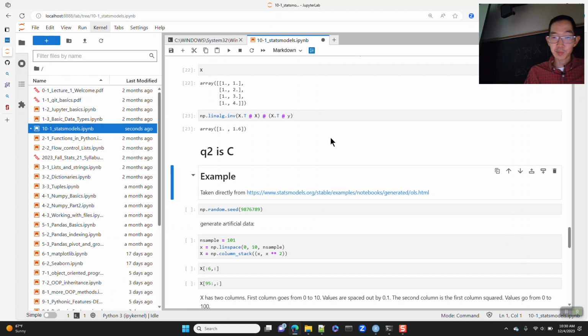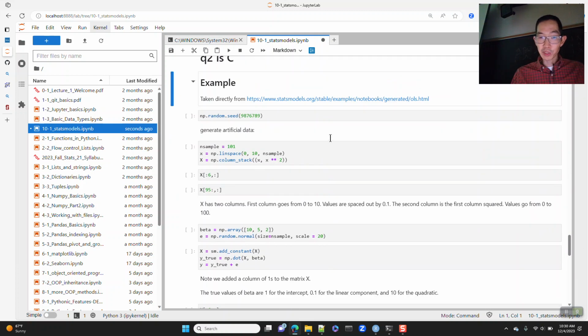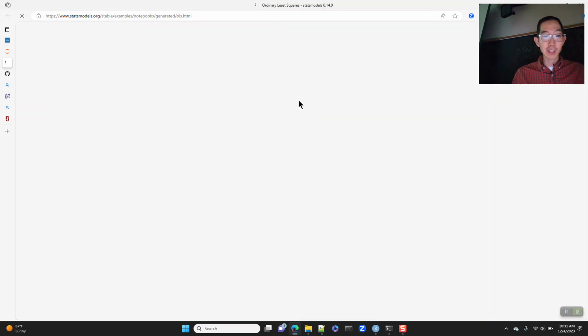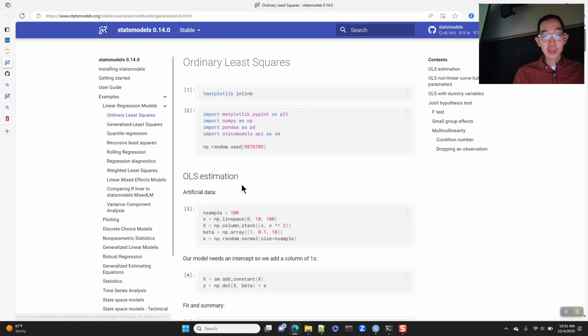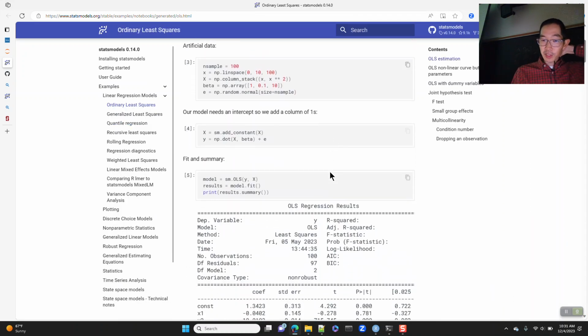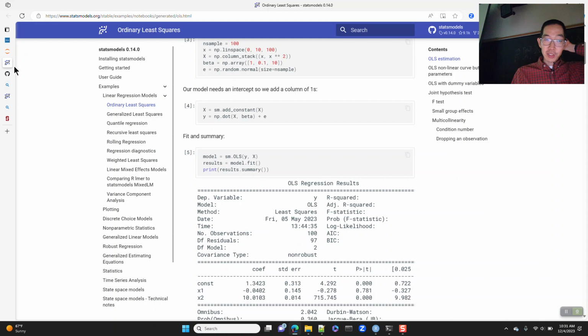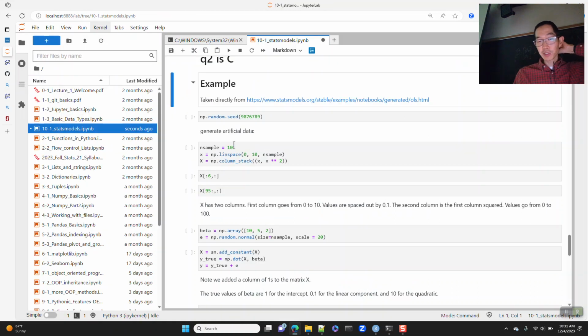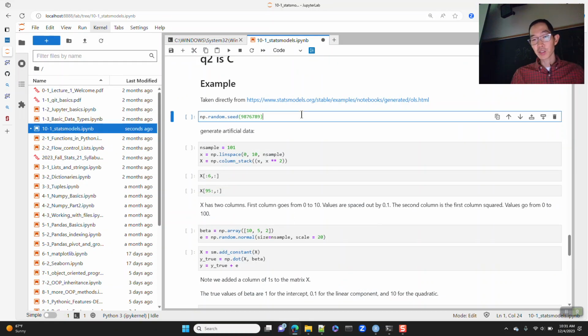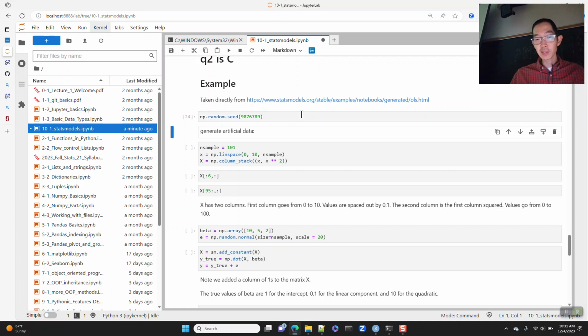Okay, and for this last bit, I'm just going to follow this example on ordinary least squares regression and walk through it. This uses artificial data. So here we're going to take